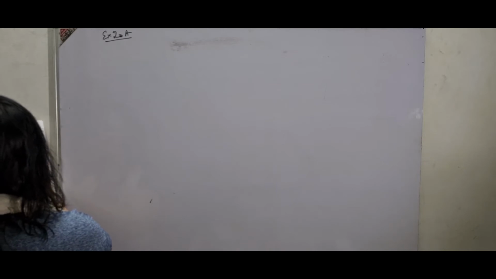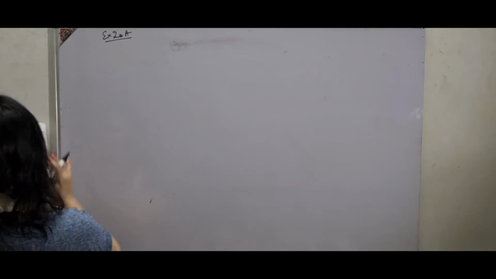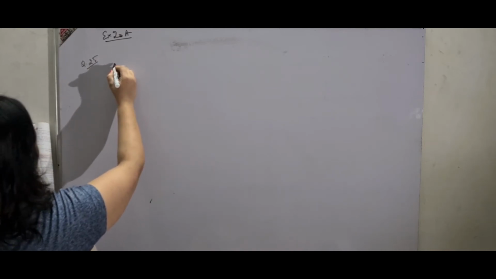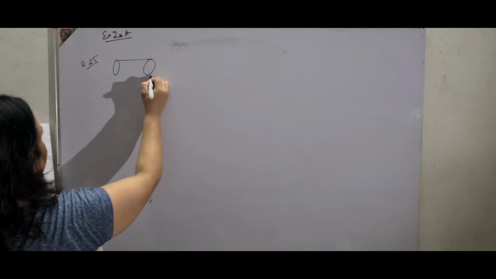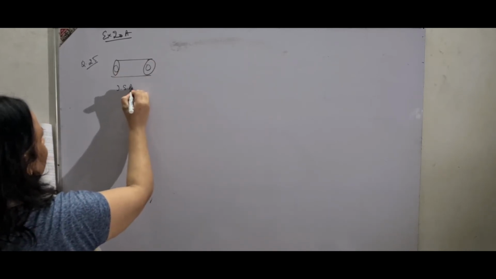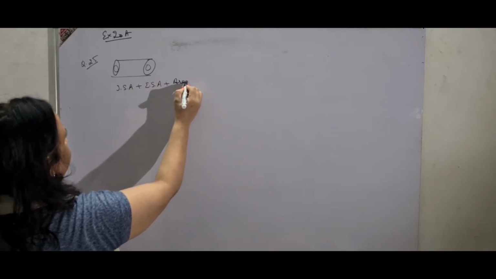Then 25th, already the hint has been given, but same question. I'll give you 26. The 25th is the same as I did with you before, that is question number 20. Same 20 and 25th, only the difference of the steps or the values. I'll just give you a hint again. Question number 25. The total surface area of hollow cylinder. Hollow cylinder is open at both ends. So you know internal surface area plus external surface area plus area of two rings.